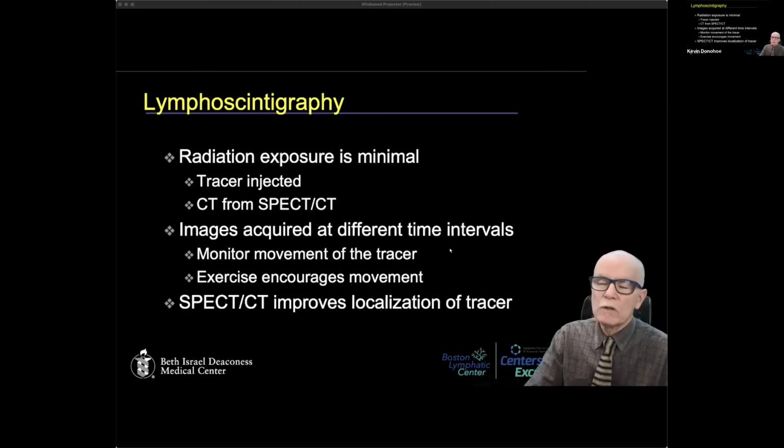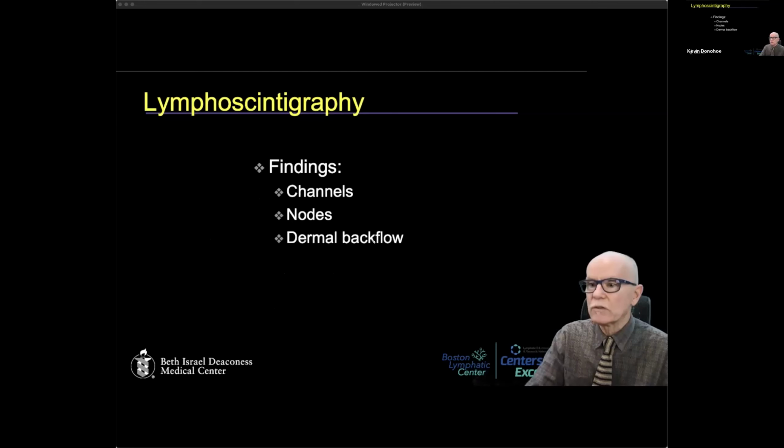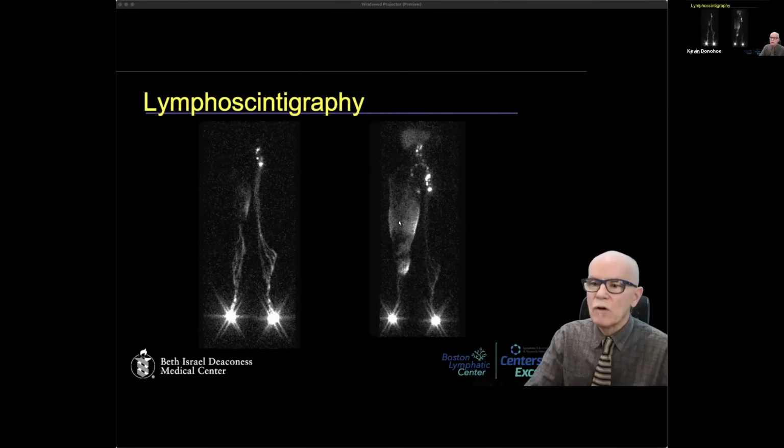We acquire images at different time intervals. We're looking at 30 minutes, 2 hours, and we get to see how well this stuff flows through the channels. We can see channels, we can see nodes, we can see dermal backflow. And this is what an image of the lower extremities might look like. We inject down here in the feet, and then we see the channels leading up, and then here's